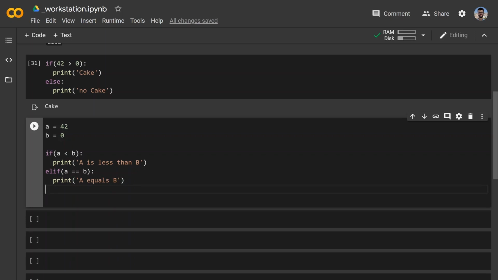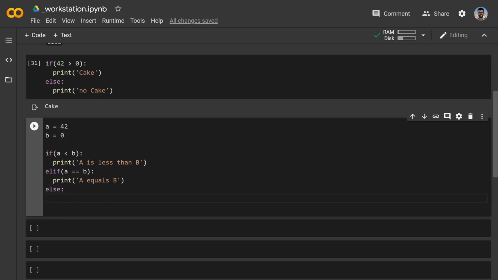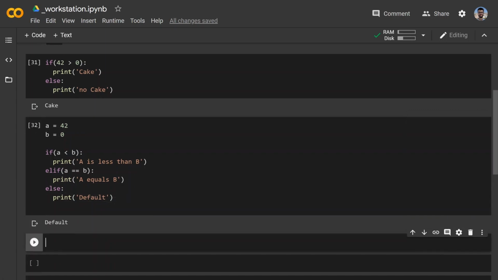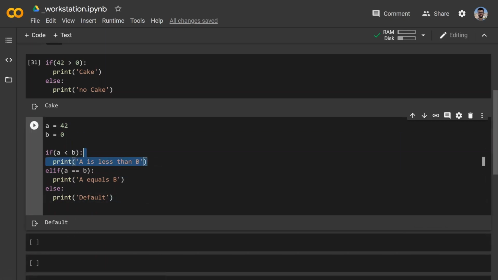And then I don't want to do any other verification, so in any other case we'll just print our default for whatever reason. And if we try to print that out, we'll see that default was triggered. Why? Because a is not greater than b. It's definitely not the same thing as b. So if it doesn't meet these two conditions, the last one, the else clause, will be